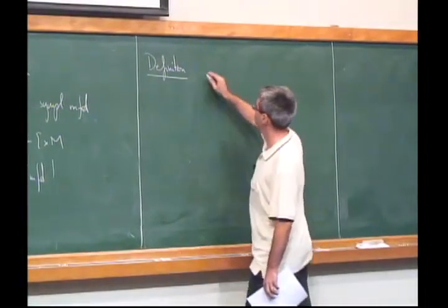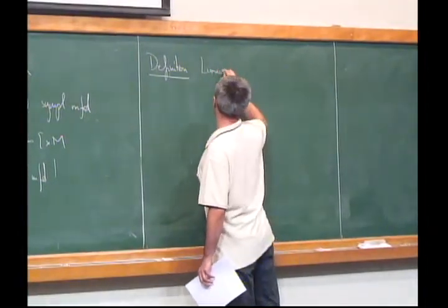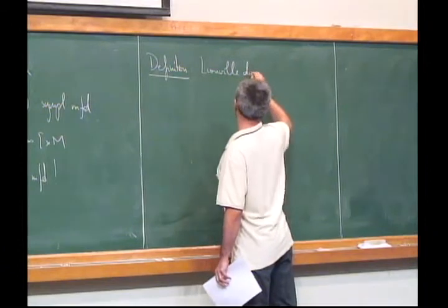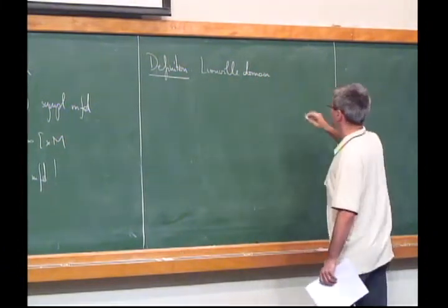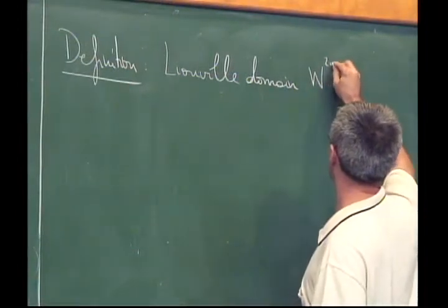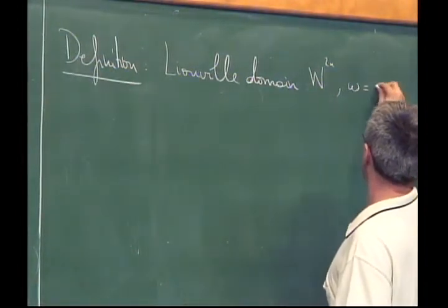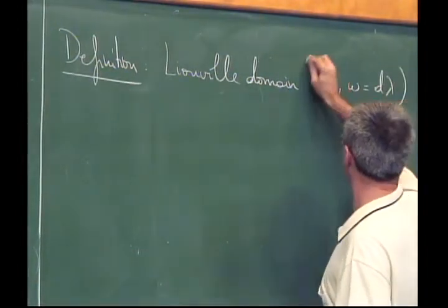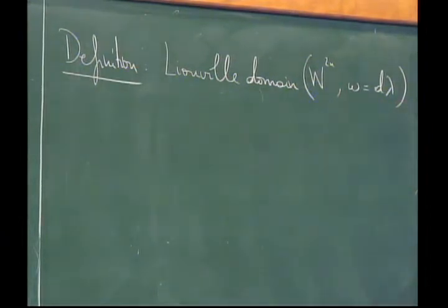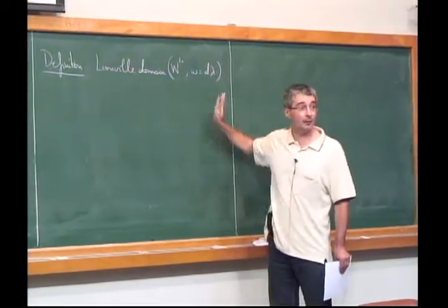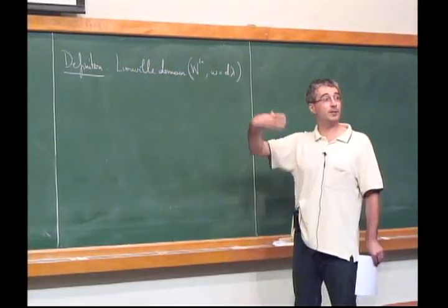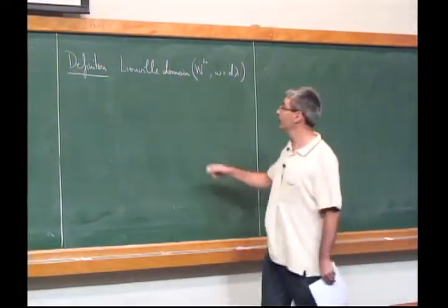A Liouville domain is a symplectic manifold with exact symplectic form, and lambda is part of the data. It's not that I'm saying that there is some lambda. Rather, the Liouville domain is W and lambda, if you wish, such that d lambda is symplectic, and such that